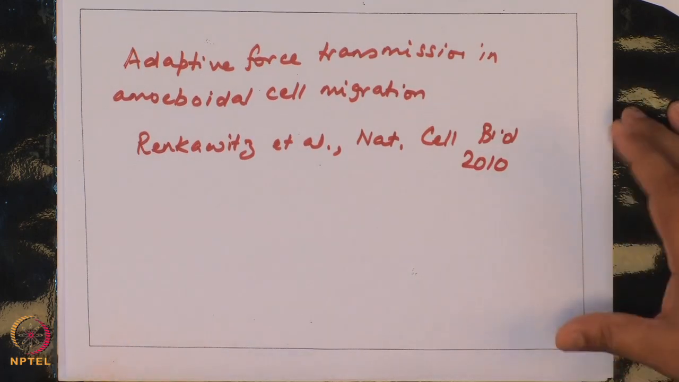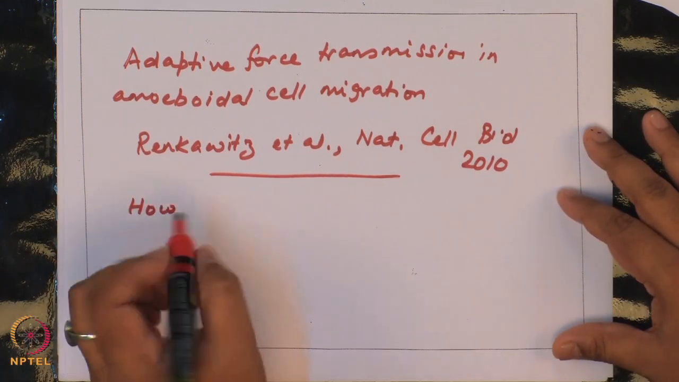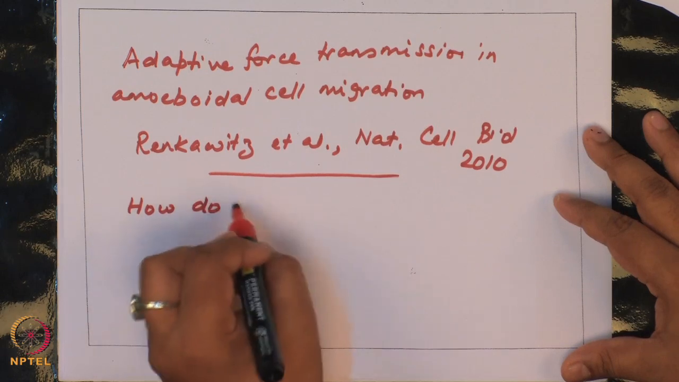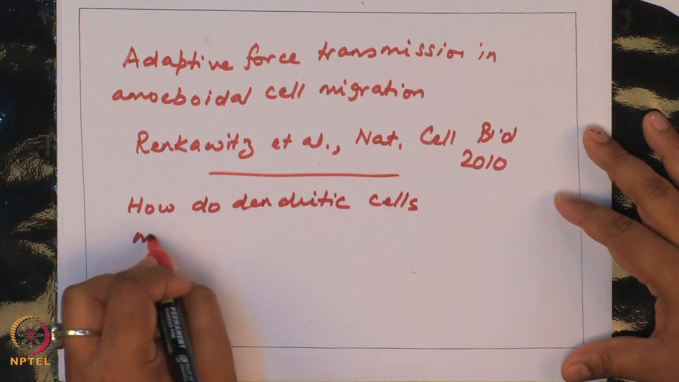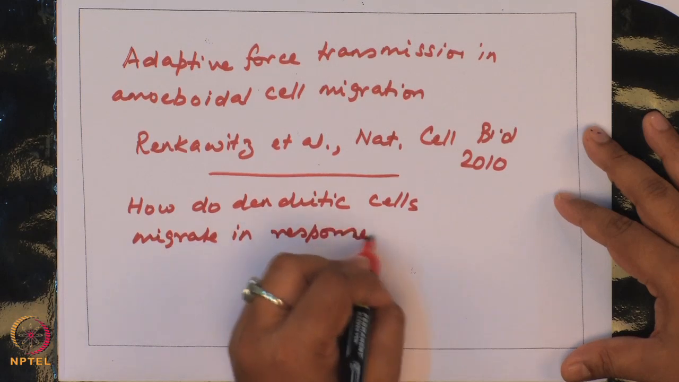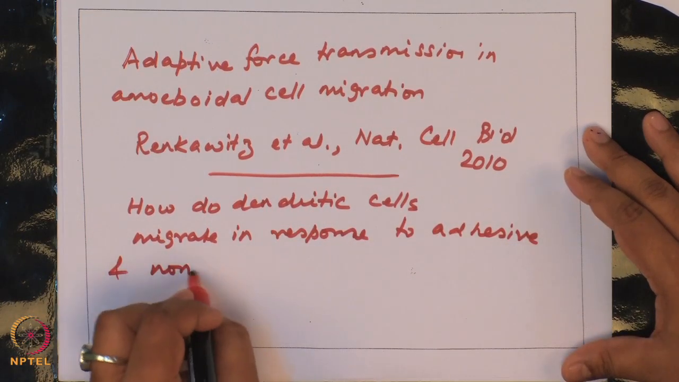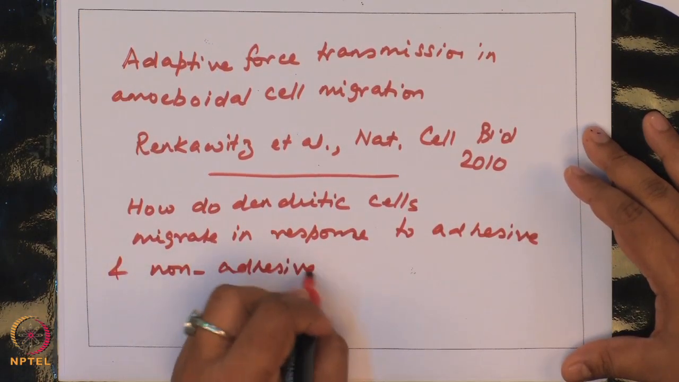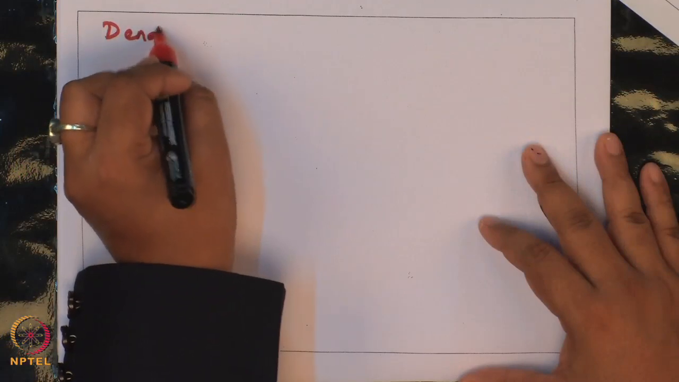Okay. So, the broad goal here of this paper is to understand how dendritic cells migrate in response to adhesive and non-adhesive substrates. Okay. The authors worked with dendritic cells. Okay. You have dendritic cells,